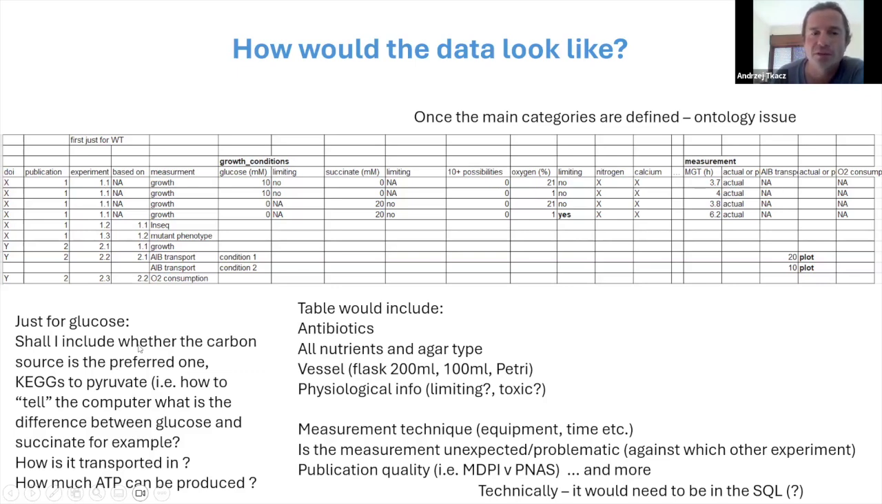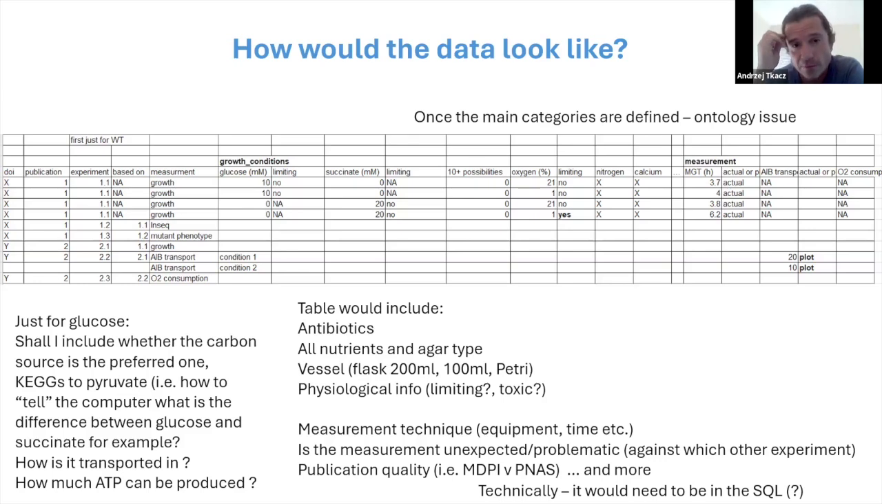And just for glucose, this table should be expanded to, for example, say whether it is a preferred source for the strain or not. How does it get to pyruvate? How is it transported in? How much ATP does it give? I would like to gather all the information we can think about in one big table, which technically cannot be an Excel spreadsheet. It will probably have to be some SQL, but also things like antibiotics, what kind of flasks were used, was there any toxicity or at least predicted toxicity of some product, what equipment was used, how long was the measurement,